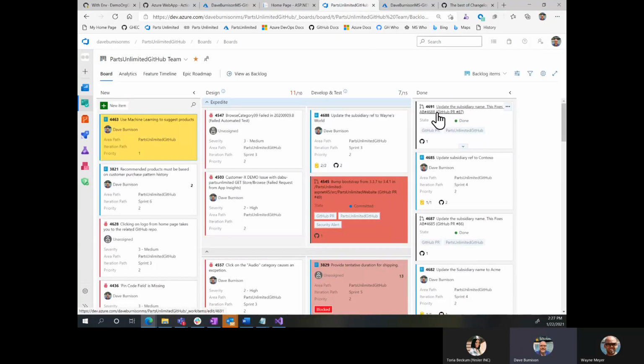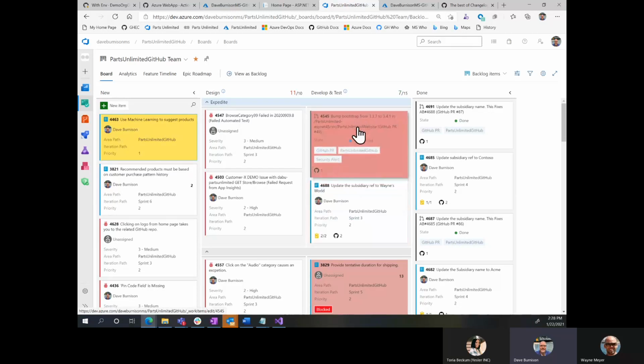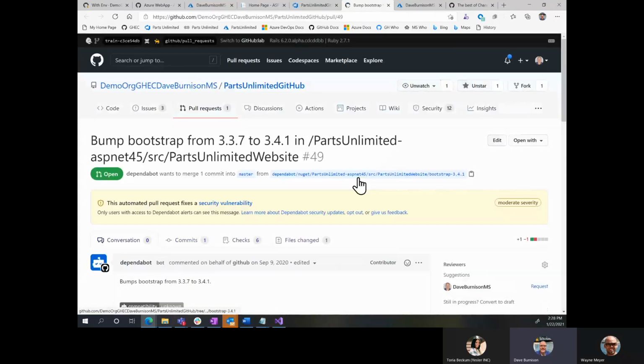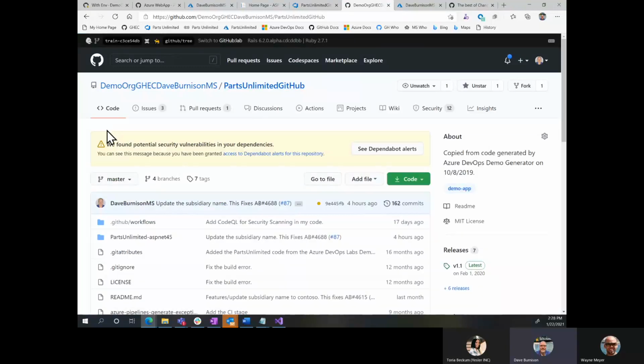Here's just a general pull request from when we make feature changes and everything. But here's a pull request that's been tagged as a security alert. So I can couple this with the customization rules that we have in Azure boards and say, hey, wait, we've got a security alert here. Let's reprioritize that work and make sure that we address that before we finish any feature work. So going back into GitHub, I can see, yeah, here's that security vulnerability right here. This is what we need to fix.